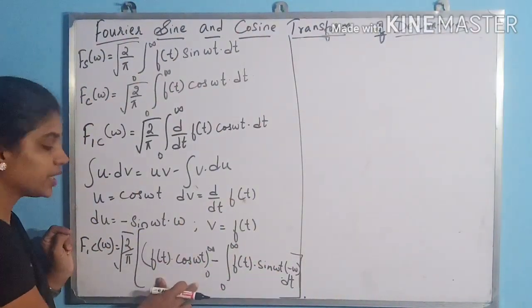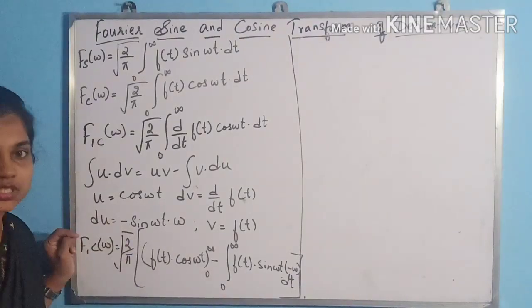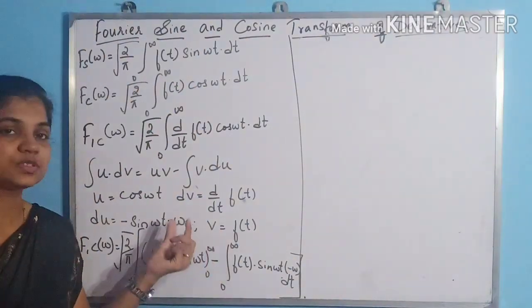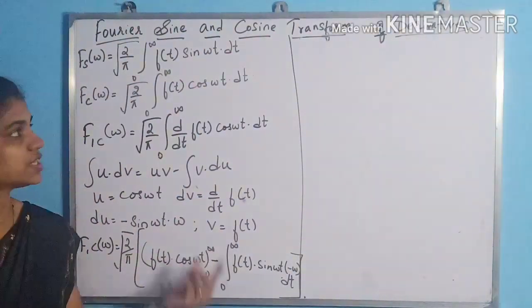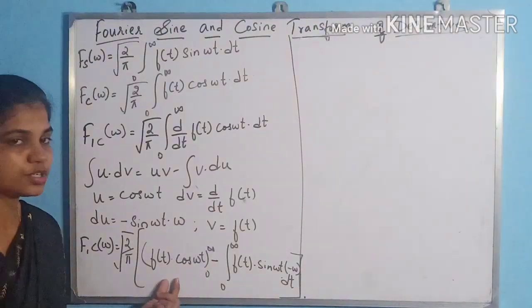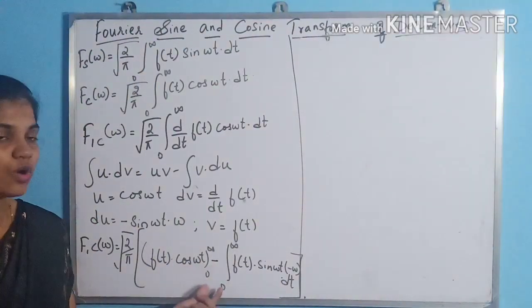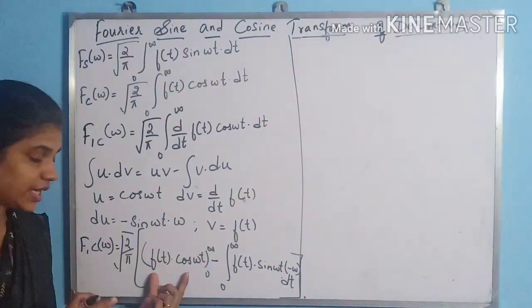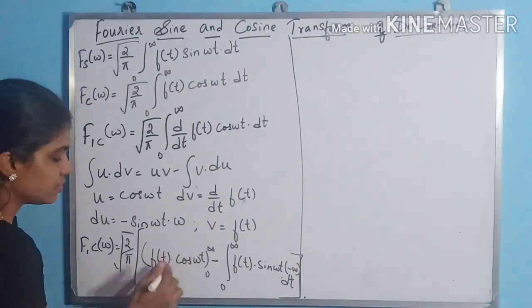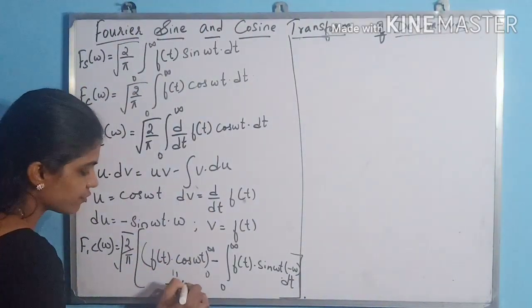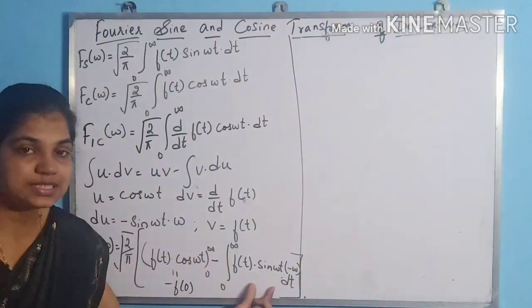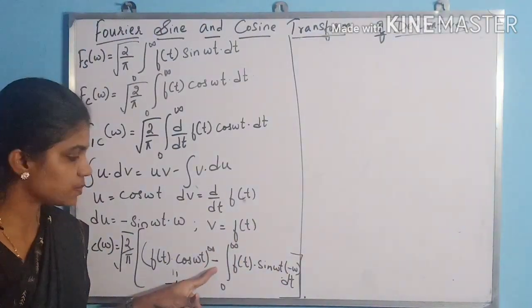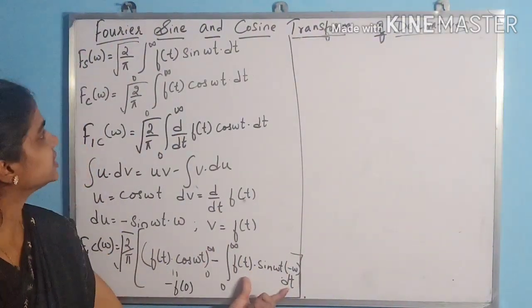Now the first term here, this will not become equal to 0 because cos 0 is not 0. Cos 0 is 1. We are going to substitute as upper limit minus lower limit. So as t tends to infinity, f of t is going to become equal to 0. So minus of when t tends to 0, it is going to become f of 0 only. So we have this term to be equal to minus of f of 0. And what about this term? This term, if you see, minus omega comes out, it becomes plus omega, and the remaining term is nothing but